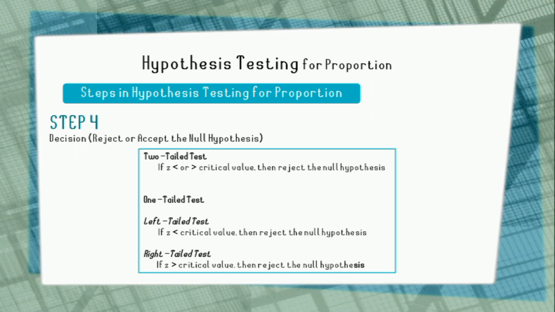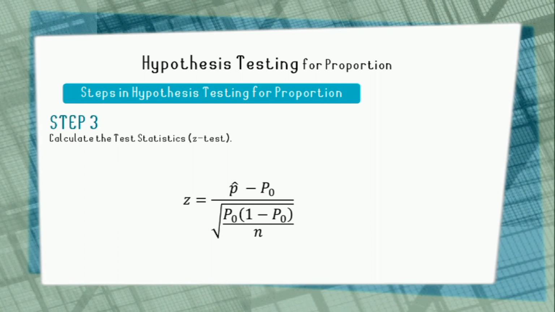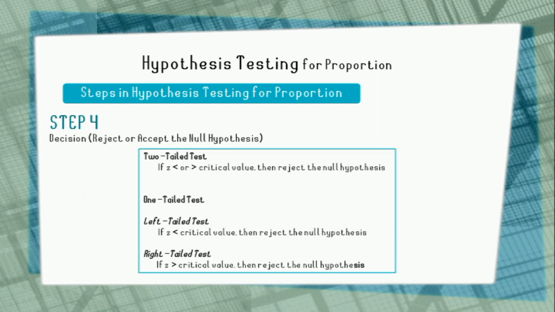So, step 4, decision making. Dito natin i-reject or i-accept yung null hypothesis. So, ito yung rules niya. May rules siya. Kapag two-tailed test yung ginamit natin, syempre, if Z is less than or greater than the critical value, then reject the null hypothesis. Yung Z na yan, ayan yung nasolve natin dito. Kung ano yung nasolve natin dito, kung greater than or less than ba siya sa critical value, then i-reject natin. Pero kung hindi siya less than and greater than sa critical value na nakuha natin, then kailangan nating i-accept yung